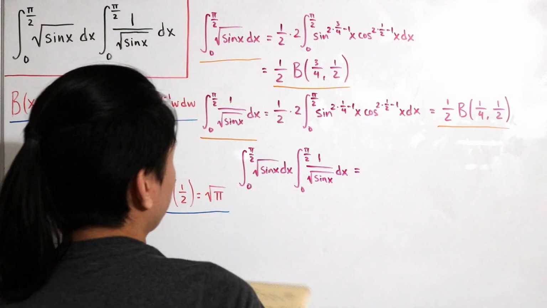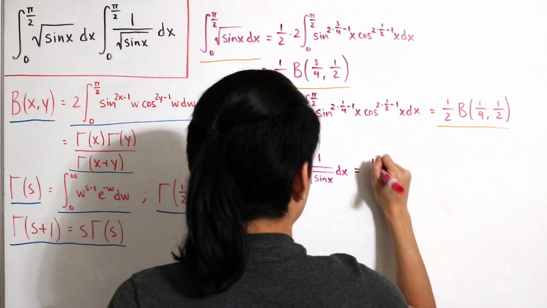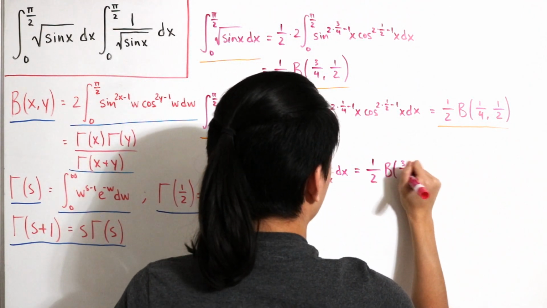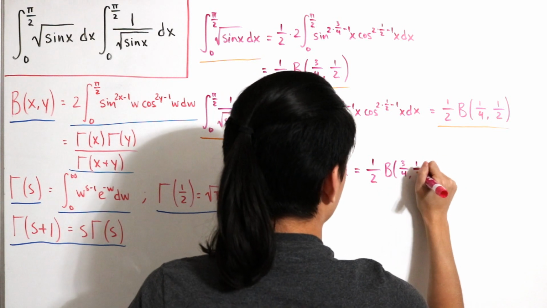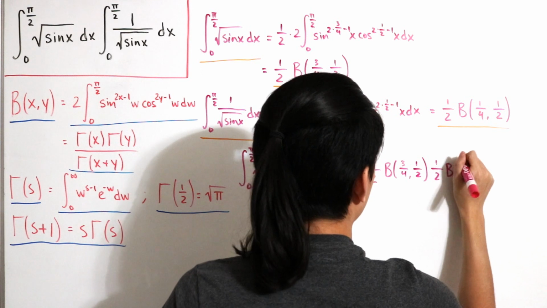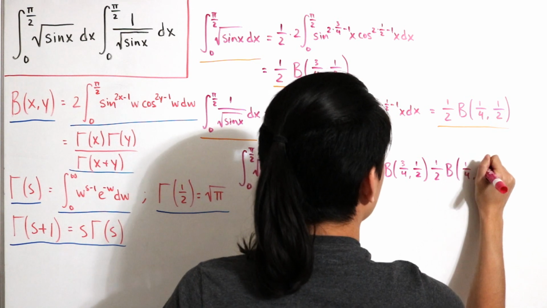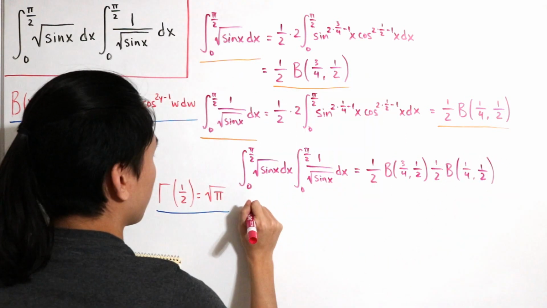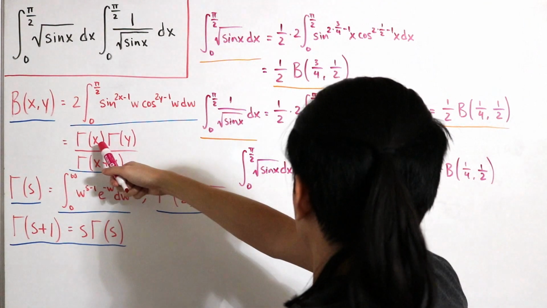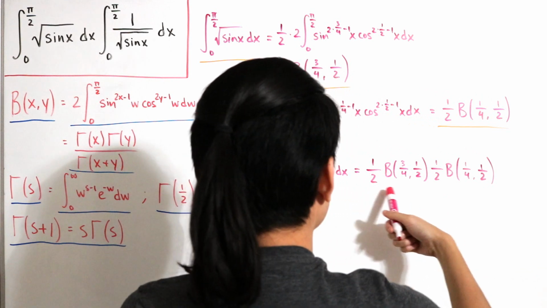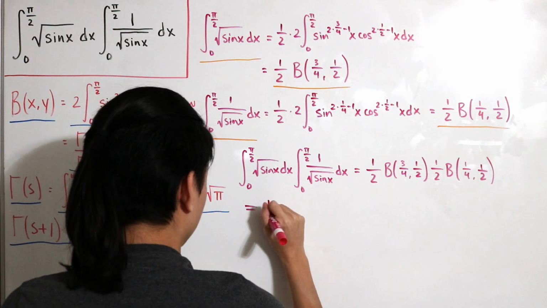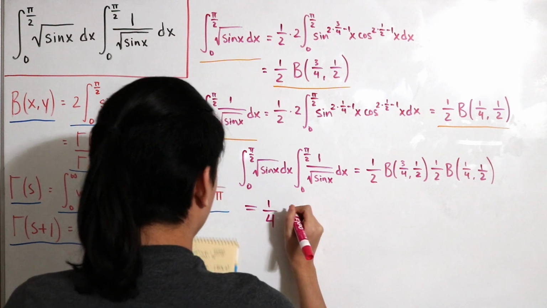Here we replace everything back, so this is 1/2 the beta of 3/4, 1/2 multiplied with 1/2 times the beta of 1/4 and then 1/2. Now from here we can use our properties of gamma functions to rewrite everything with this multiplication. Continuing forward, we have this as 1 over 4, and then